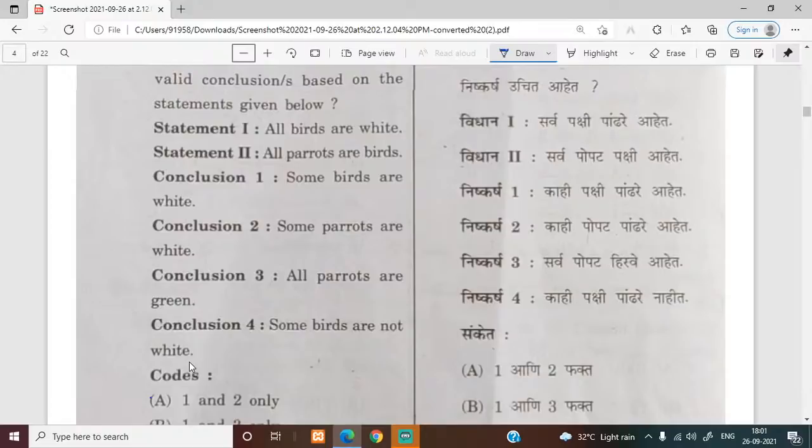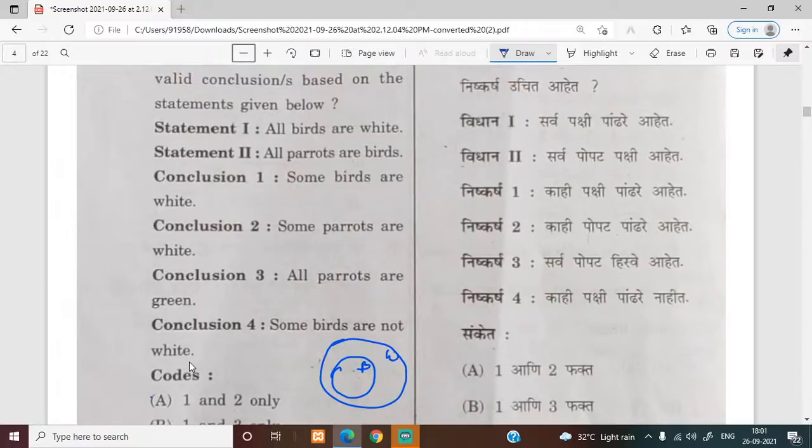So here first I will draw birds and white. So the question is saying all birds are white. And all parrots are birds. If you look at the conclusions, some birds are white, yes, some birds are white. Students, whenever all birds are white is correct, some birds are white will also be correct. And if all parrots are white is true, some birds are white